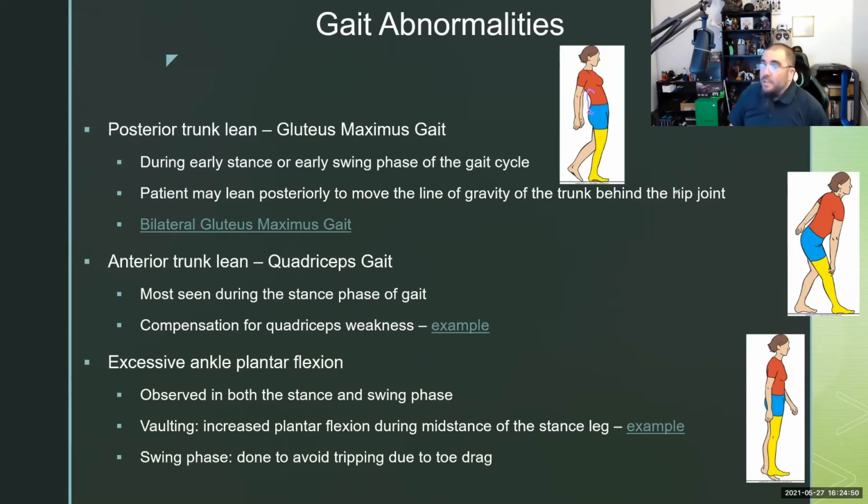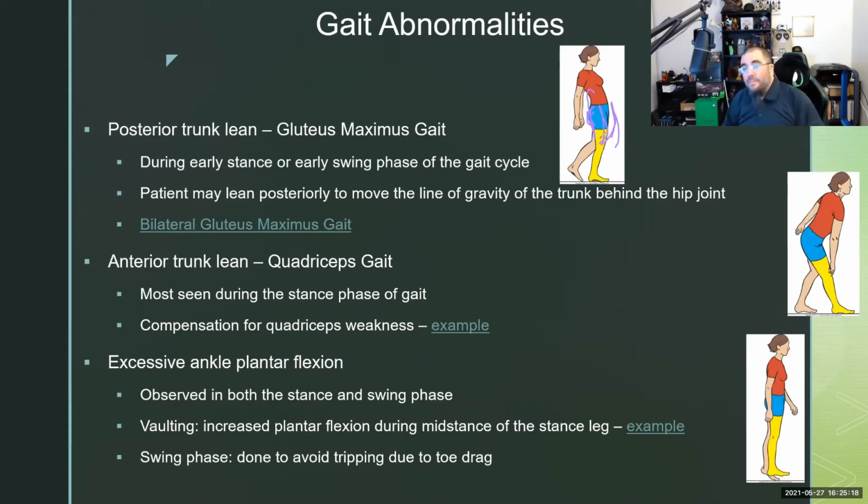Now, that can be caused by a couple different problems. That can be caused by tight butt muscles and tight hamstrings, right? Because it's kind of pulling you backwards. Or it could be weak anterior, something like that. You're exactly, that's pretty close, yep. Right? It could also be the weak anterior muscle. So if one side is tight, it could lead to that gait. Or if the other side is stretched weak, it could lead to that gait.